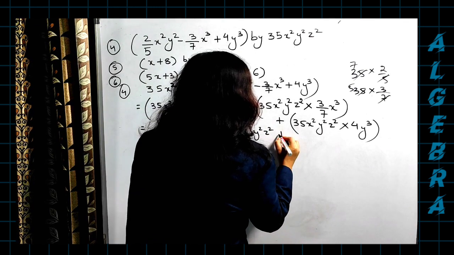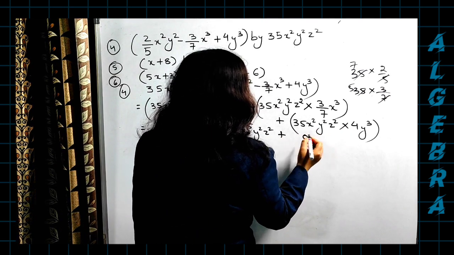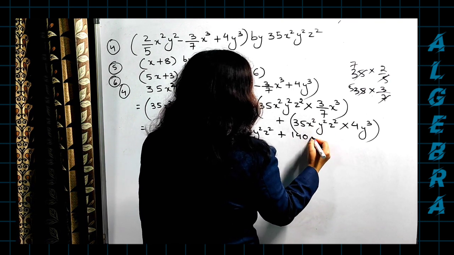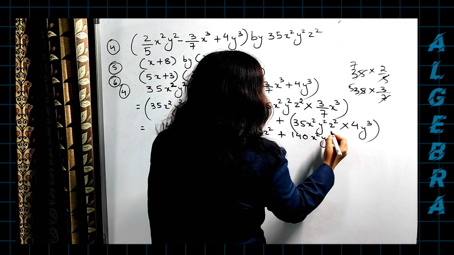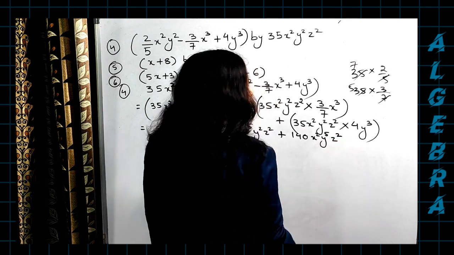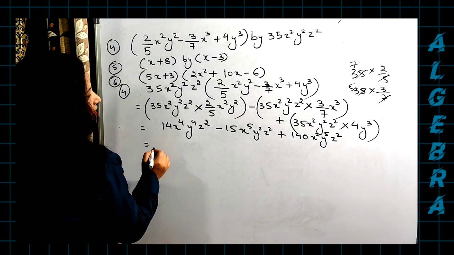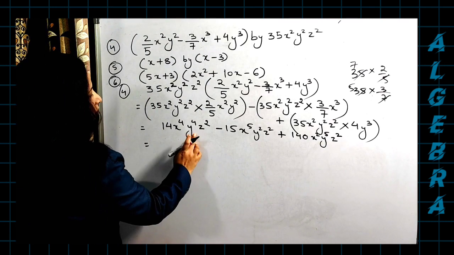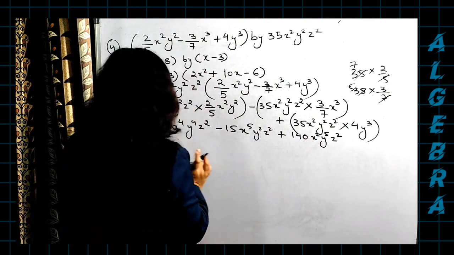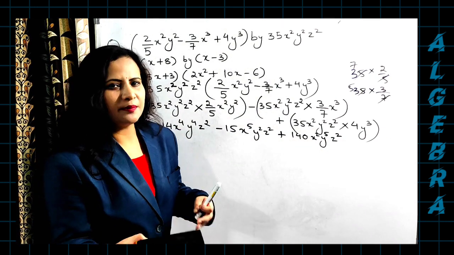Now plus. Now 35 multiplied to 4. How much do we get here? 4 5s are 20. 140. And here you are having single x². Then y to the power of here 2 and here 3, so y to the power of 5, z² will also remain single. Yes or no? Is it clear? Now we can just check whether we have any like term or not. We don't have any like term here, as you can see. So this is the answer for the question. Slowly, gradually, you will be getting a master over that.